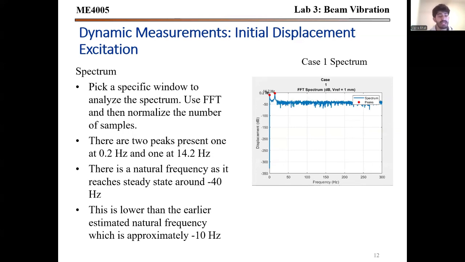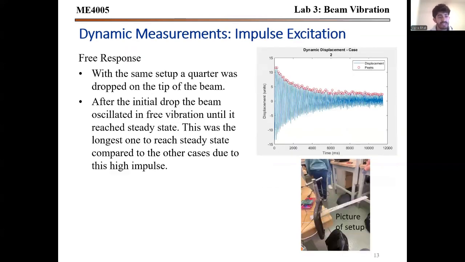When doing spectral analysis, you pick a specific window to analyze the spectrum and use FFT and then normalize the number of samples. And there were 2 peaks found in this part. And the natural frequencies are negative 40 hertz, while we found earlier that it was approximately negative 10 hertz. With the same setup, a quarter